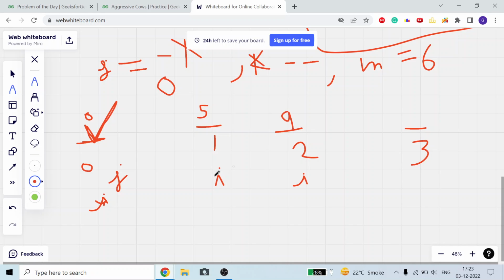Suppose it is 9, so i is here, j is here, so I will check the distance between them, which is 9, so it is greater than m. So I will assign a cow here, meaning there is one cow here and one cow here, and it becomes my j now, meaning the previous cow I assigned is here. Okay, this is how I will move forward with every single cow.